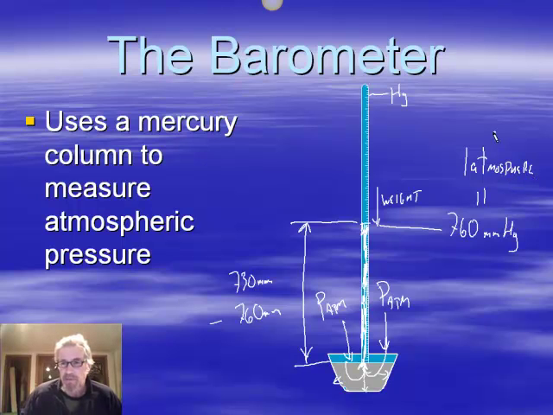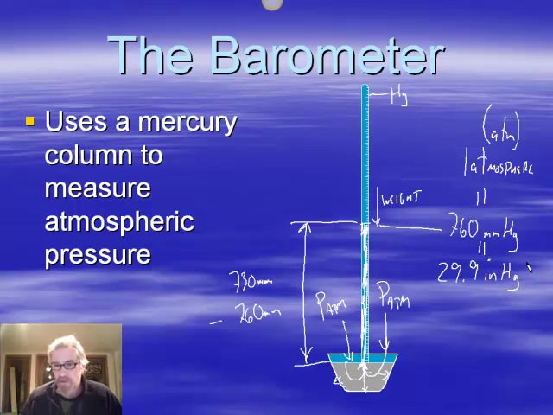of pressure. An abbreviation for atmosphere is ATM. So 1 atmosphere of pressure is 760 millimeters of mercury. If you were to measure this in the United States, where we use inches, you'd find out that 29.9 inches of mercury is the equivalent of 1 atmosphere. Here are some other conversions. 1 atmosphere is also, as we've seen,